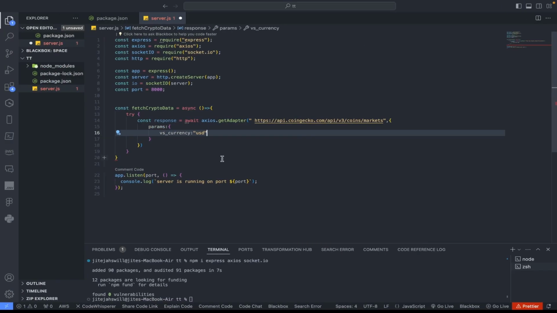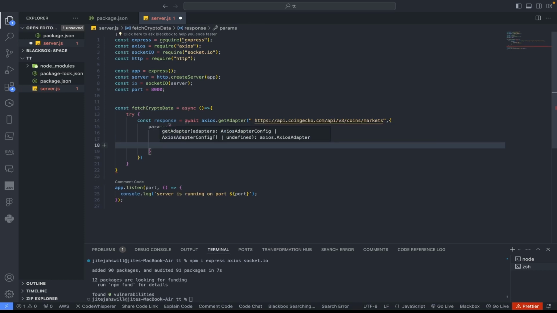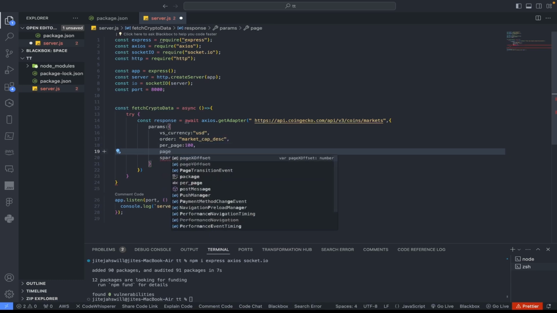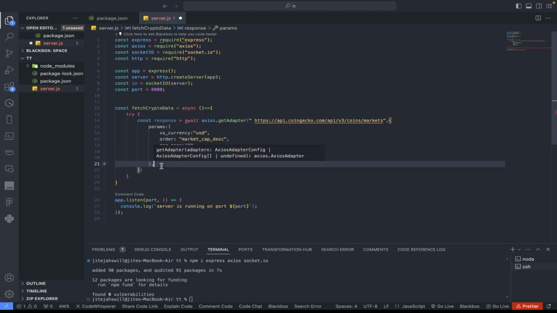So just scroll along and you see what we need. We need the order, which is market cap desc. Then we need the per page. I was going with 10, but I'm just going to go with 100 for now. Then we need the sparkline, and set this to false. This is also coming from their website. Then we need the page to be 1. So that's it for the parameters on this